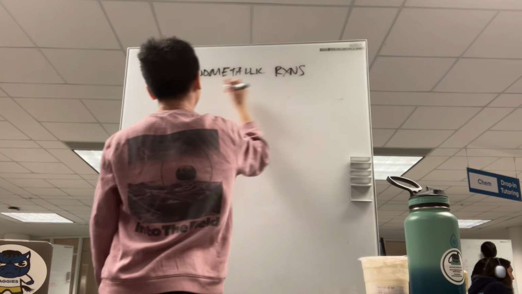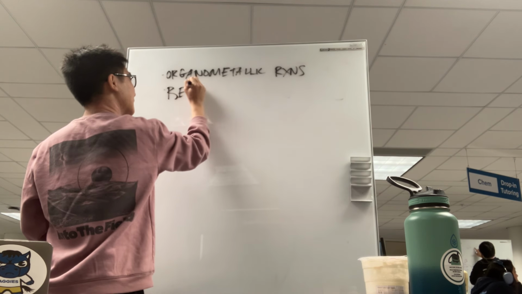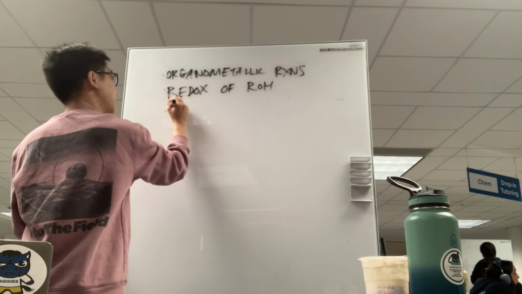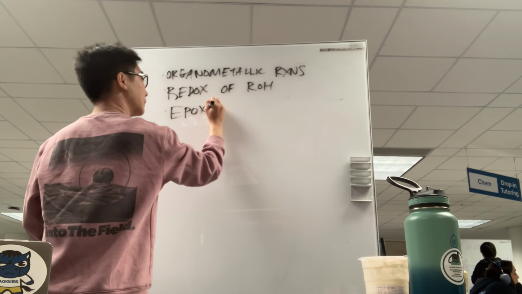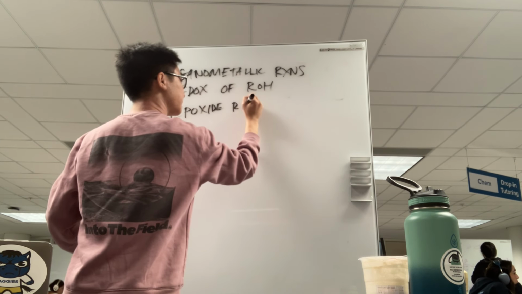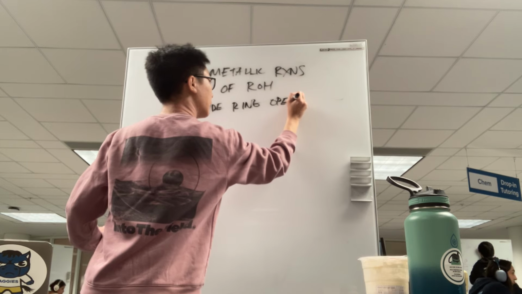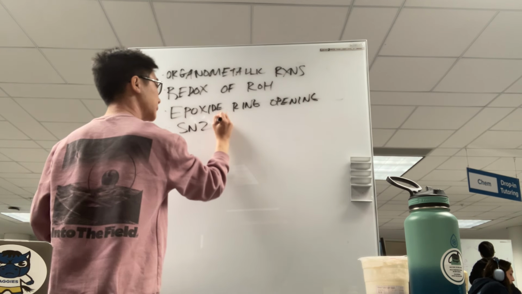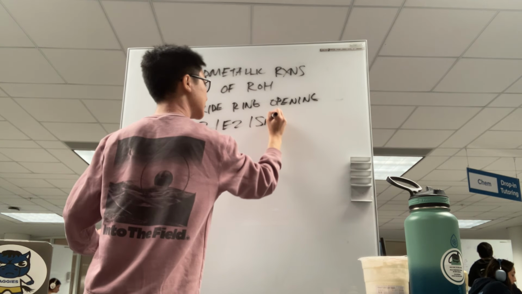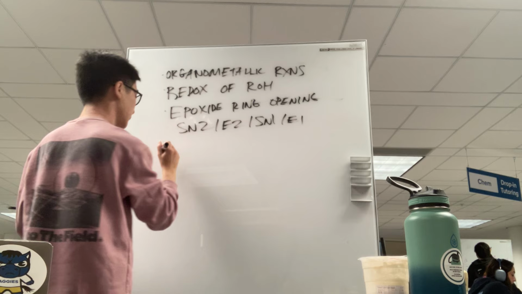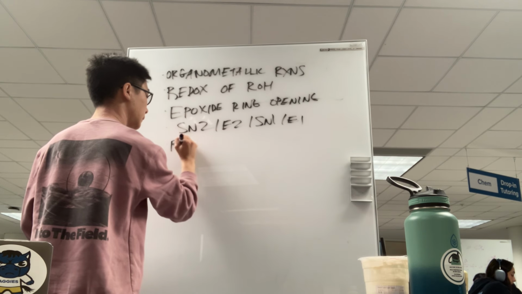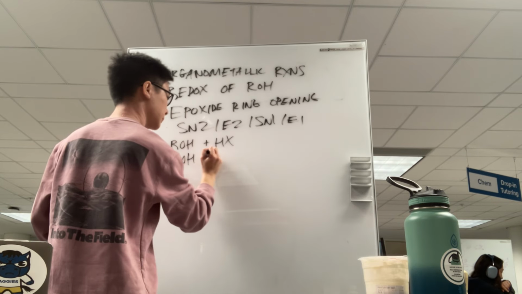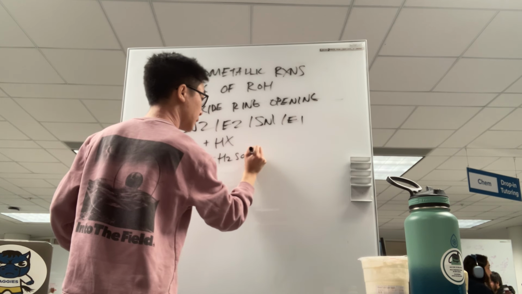Metallic reactions, right? Redox of alcohols, epoxide ring opening. Right, let's do SN2, E2, SN1, E1. Let's say alcohol plus HX reactions, alcohol plus H2SO4 heat reactions,